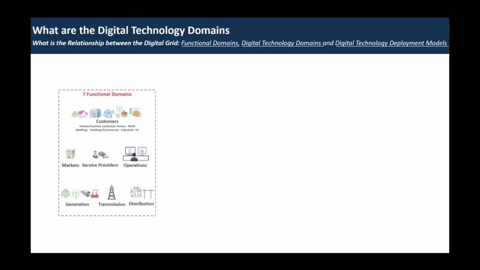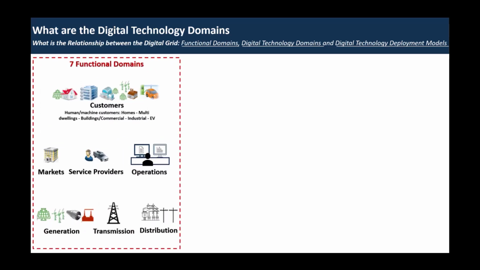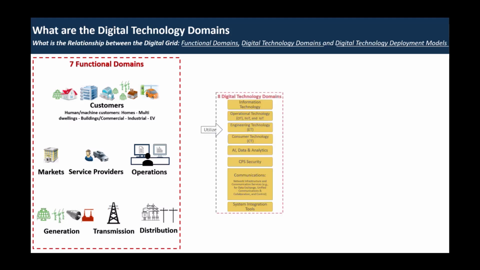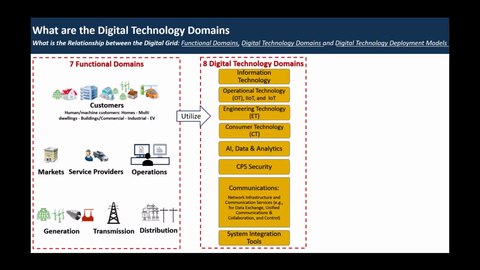In fact, the digital grid includes 7 functional domains, namely customers, markets, service providers, operations, generation, transmission, and distribution. And these functional domains are utilizing 8 digital technology domains: information technology, operational technology and the Internet of Things, engineering technology, consumer technology, artificial intelligence and data and analytics, cyber physical system security, telecommunication, as well as system integration